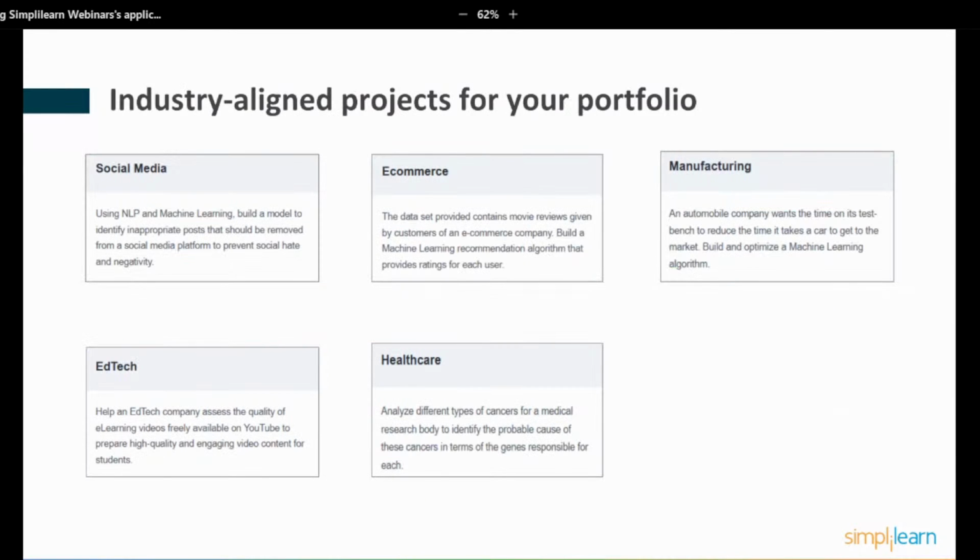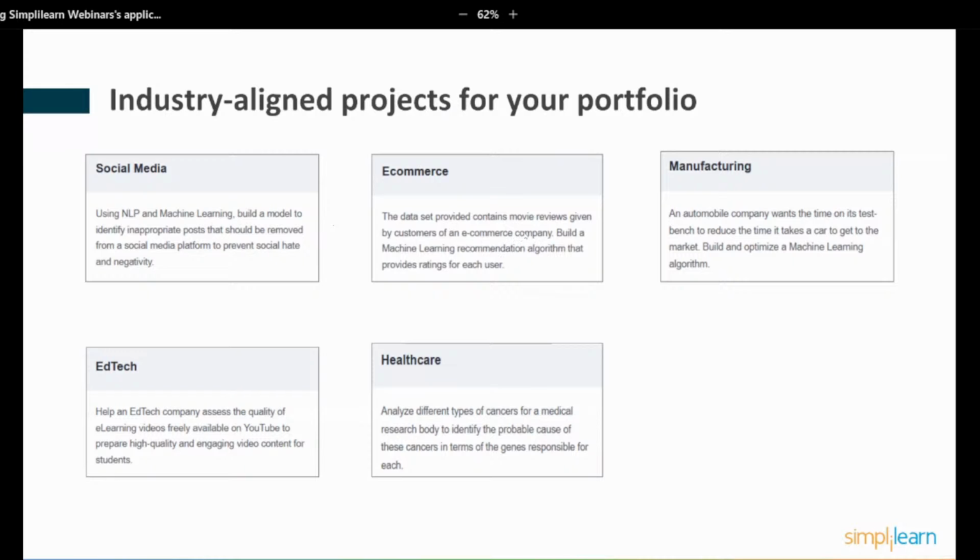And then we talk about the projects. So projects within this course, and you can also review these on the website for the bootcamp. But these are the types of domains that you'll be working in and developing projects in: social media, e-commerce, manufacturing, ed tech, and healthcare are different examples of domains and live industry aligned problems that you'll have the opportunity to create the solution for.